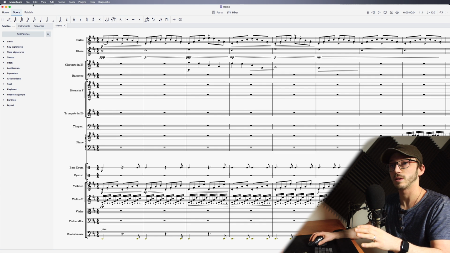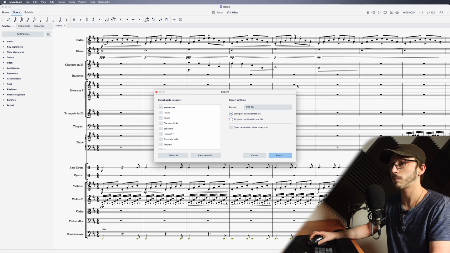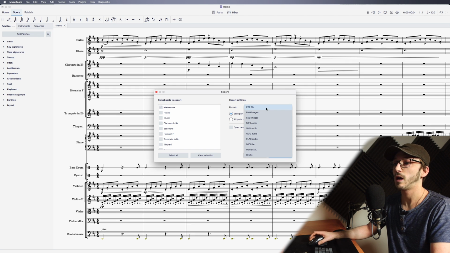But let's do this. So first you're going to go up to the top, go to File. You're going to go to Export, and it's going to come up with this little window. Now Format, you're going to click here. It's going to probably say PDF file, and drop down and you're going to see third to the bottom, MIDI file. You're going to click on that. You're going to export